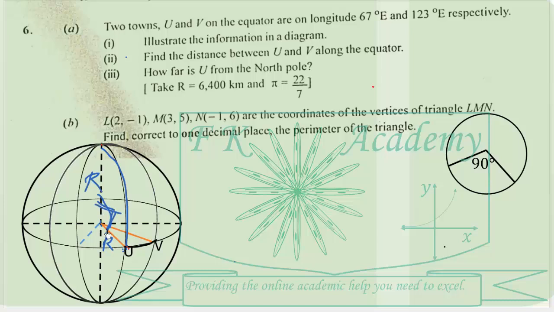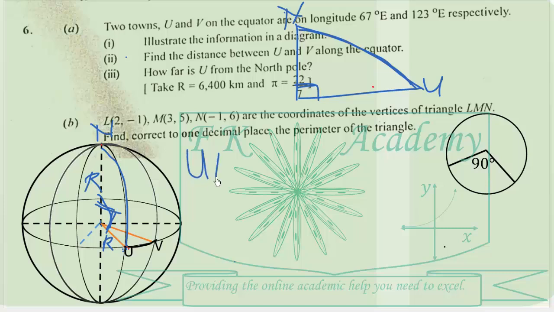So the whole thing will look like this. We are finding this distance from the North Pole to U. So the length of that arc along the longitude will be given by